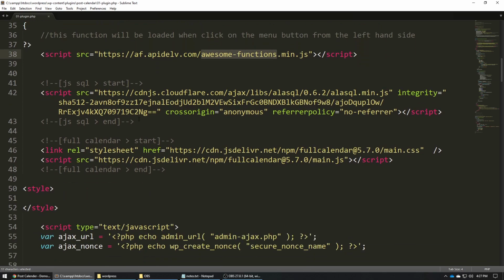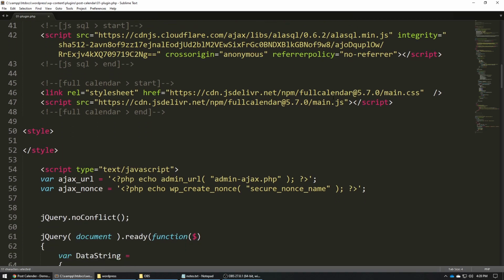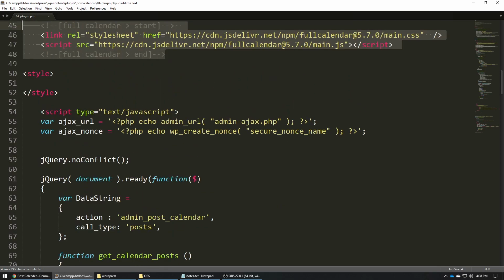And then this particular library, which is what I call my JavaScript SQL, literally, because you will see how easy this thing makes manipulating your JSON arrays. And then this right over here is what actually makes the function run. And then we are going to get this AJAX request where we are going to send it back to the server, which is going to make it easier for us to get